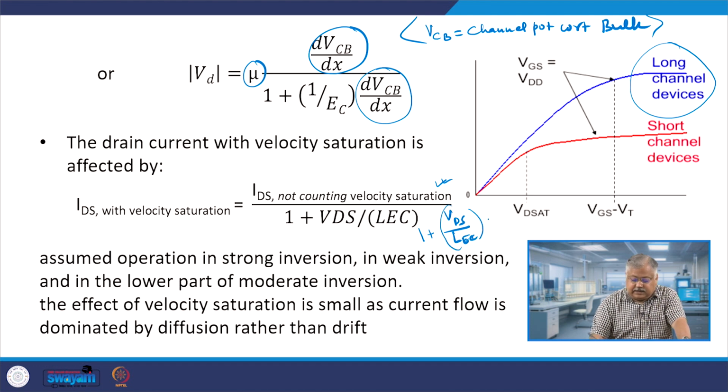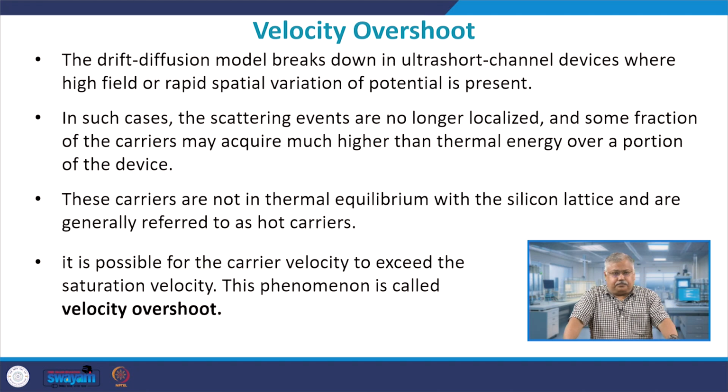Now, if I assume strong inversion, the effect of velocity saturation is small, and for moderate inversion or very weak inversion the velocity saturation component is very small, as the current is primarily diffusion dominated, whereas in strong inversion it is drift dominated. Now, actually the drift diffusion model, DD model, fails at very short channel, ultra short channel devices,